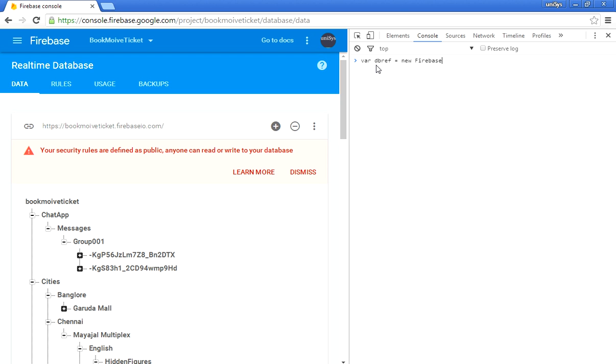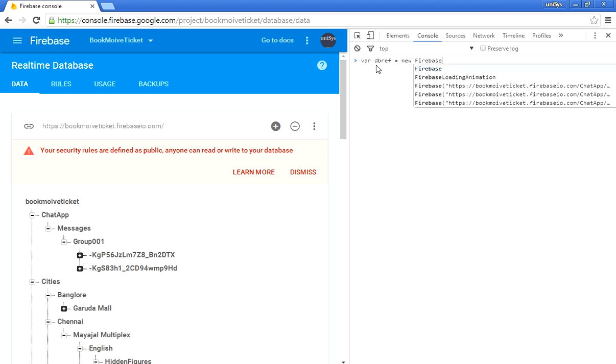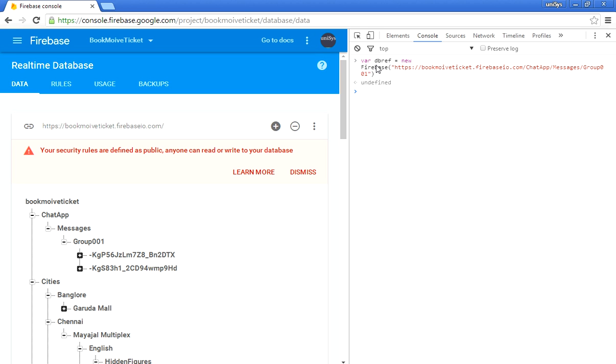Yes, and the Firebase chat application and message and group 01. Now I can send message using this reference,